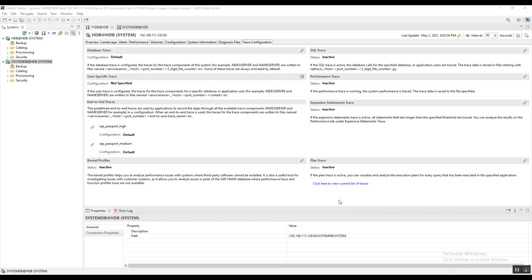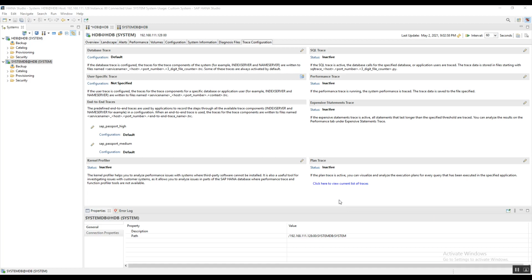So in today's video we will see the different types of shutdown of the HANA database. We need two things to perform the shutdown. First of all, we can only stop, start or restart the entire HANA database system if we have the operating system administrator username and the password. That user is SIDADM, and we must have the password of that user.